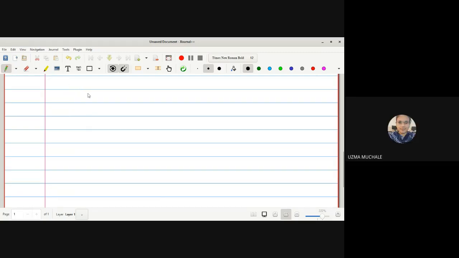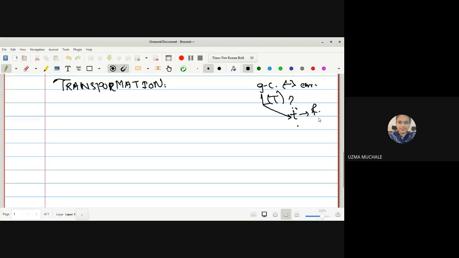Yes, ma'am. Coordinate transformation. Now let us see what transformations are. As we discussed in the first chapter, in the case of generalized coordinates, we wrote Cartesian coordinates in terms of generalized coordinates. At that time, I asked you the question also: what is the Laplace transformation, and why have we studied it? In it, time is converted to frequency. This is simply an example in which, with the Laplace transform, time can be converted to frequency. So why are we going to study transformation?